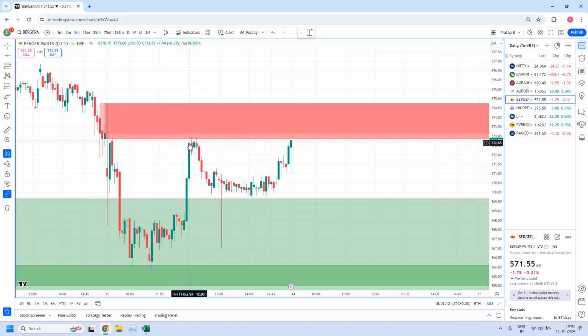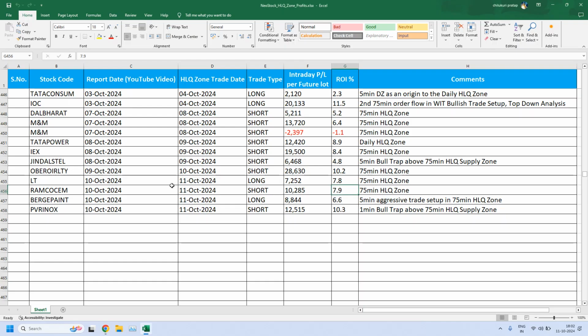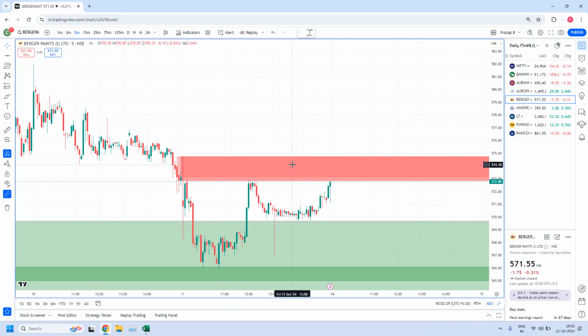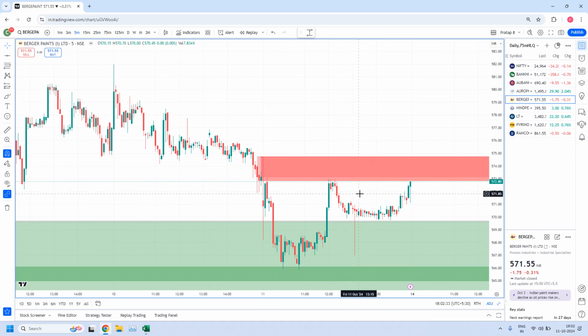So how much profit has Berger Paints given? This aggressive trade setup, Berger Paints has given 8,844 rupees profit, which is 6.6% ROI. And the trade is completed in just 2 hours. So this is about the 5 minutes aggressive trade. And the last successful trade is